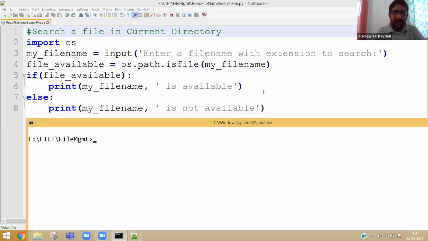Only when it is available, let us open the file and then we will continue. So let me write, excuse me, read display file contents.py.